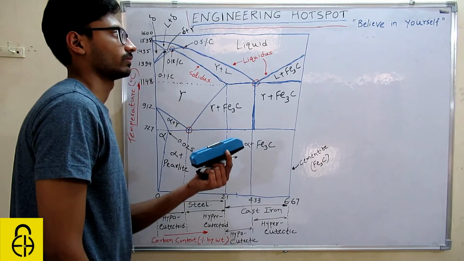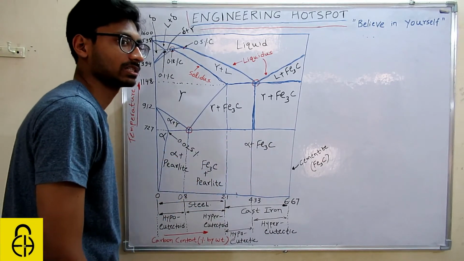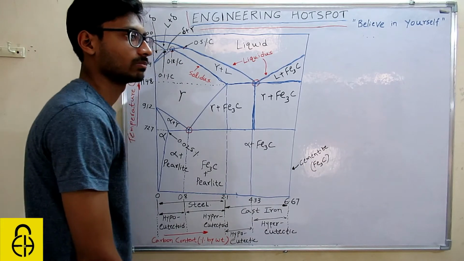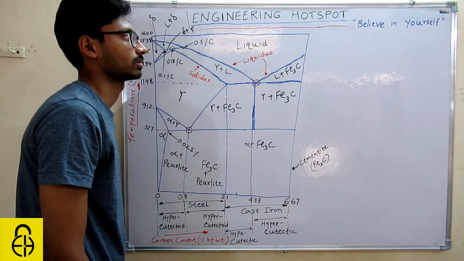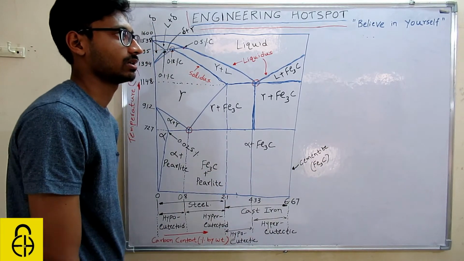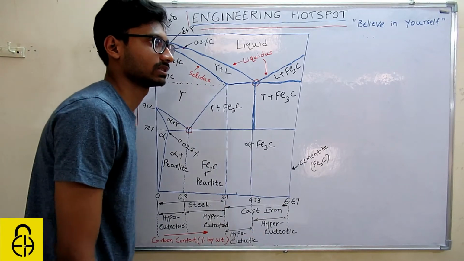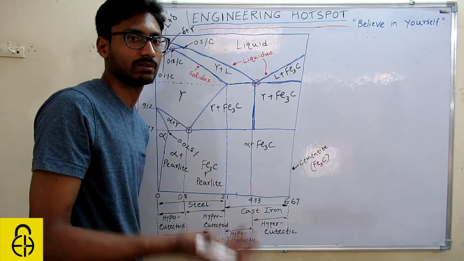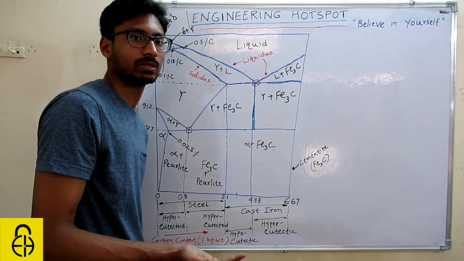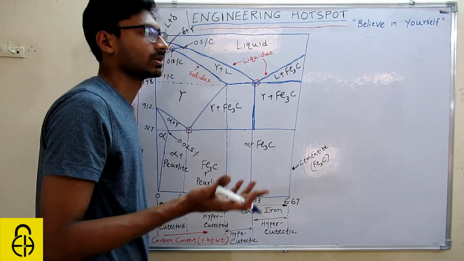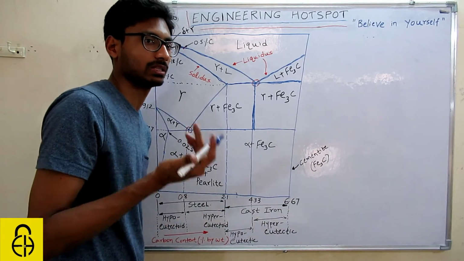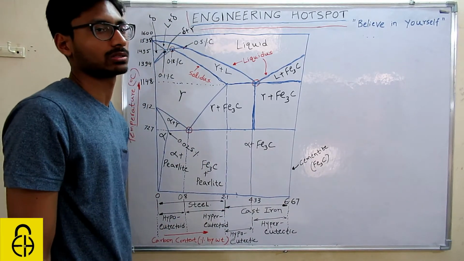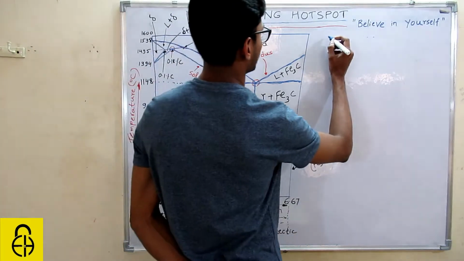This is a non-equilibrium phase, and that is a metastable compound. Martensite is not a stable compound. Martensite is basically a metastable compound. It can change its phase depending on temperature. At room temperature, you will get martensite. But if you change the temperature, the martensite will disappear and it will change maybe into austenite or some other form. There is one more thing, bainite,